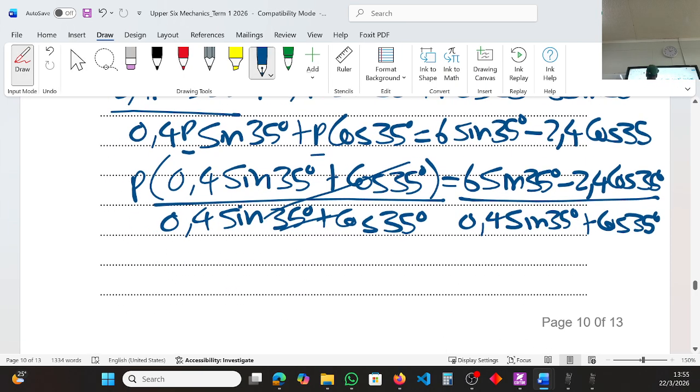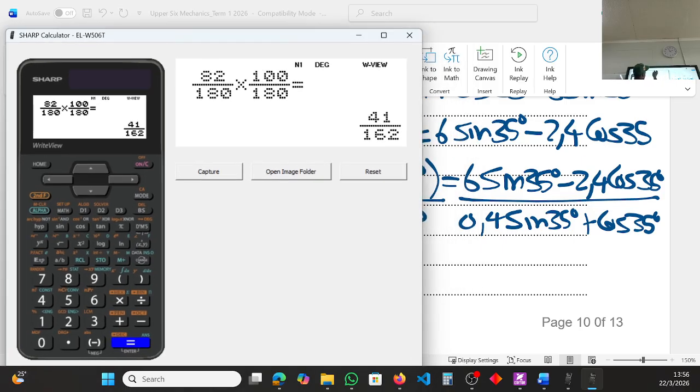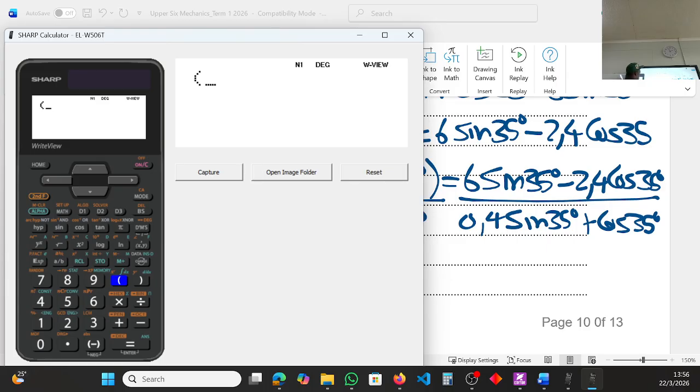We end up having P equal to, I'll need my calculator to do my substitutions. Let me open brackets so that I don't miss. On the numerator we have 6 sine 35 minus 2.4 cos 35. That's my numerator, divided by, inside the brackets, 0.4 sine 35